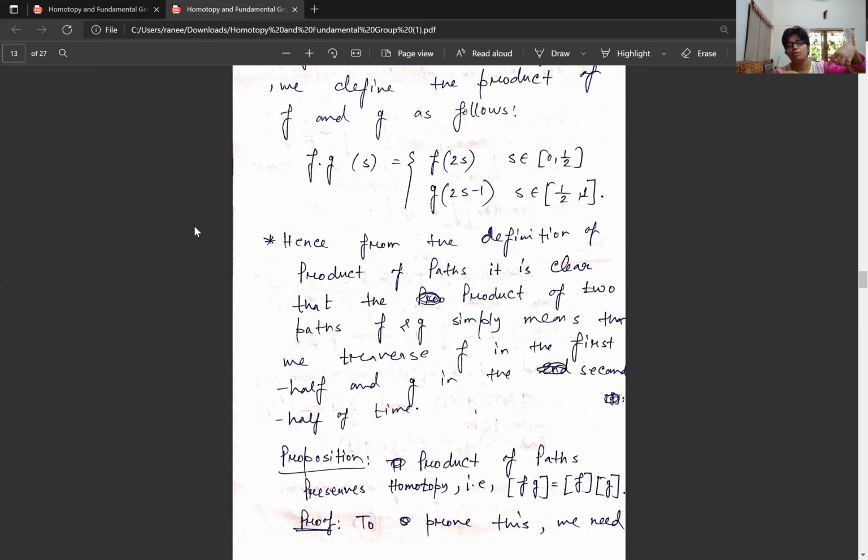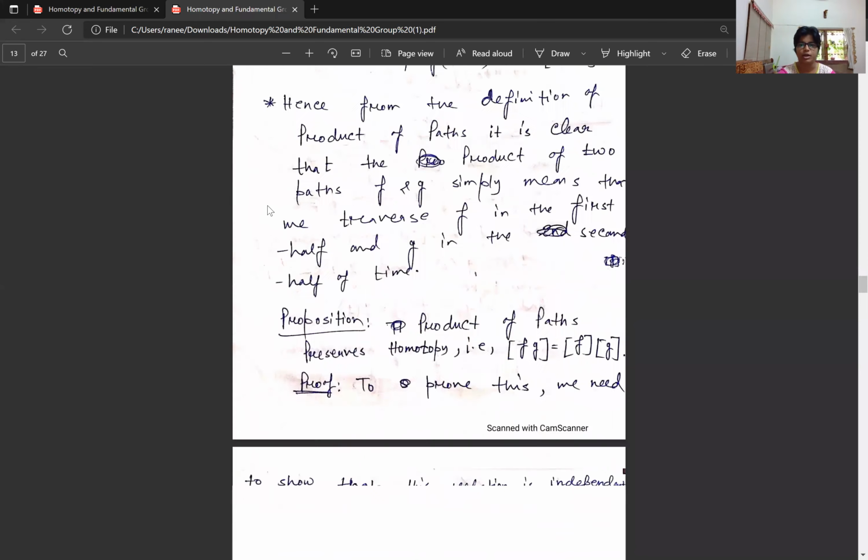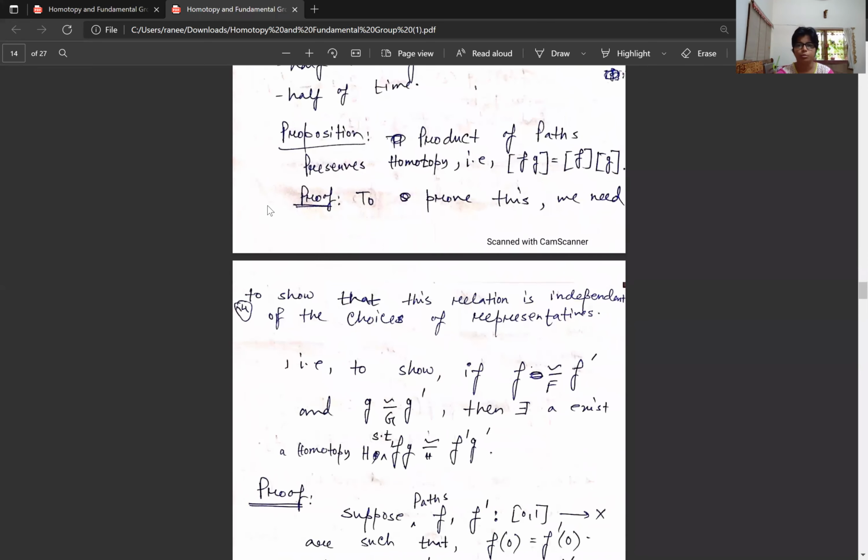I'm speeding it up and going half of the path through f, and the remaining half through g. Then we saw that homotopy behaves well with the product of paths. That means the product of paths preserves the homotopy,